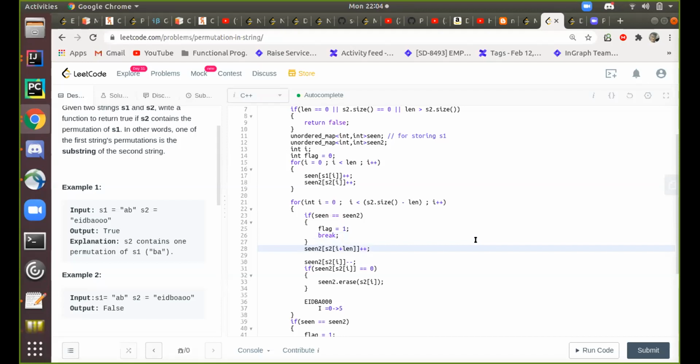Oh, okay. If you have to get an exact pattern, you could have used rolling hash. Correct. So then it won't work. Yeah, that's true. You're right, Shashank. Or we can generate all the permutations of S1 and then apply rolling hash. No, that will be too expensive. Yeah, exactly. But the way Himanshu was saying, we could use an array instead of an unordered map. That would be better, or this is okay, 26 letters. Both of them are almost the same.